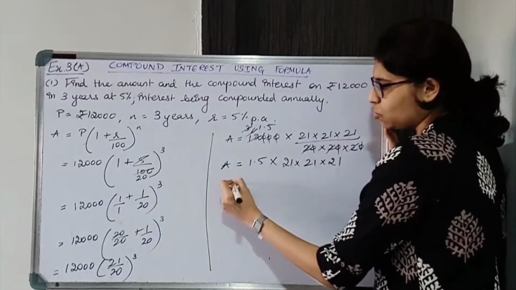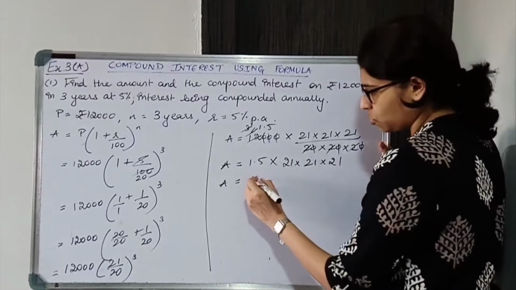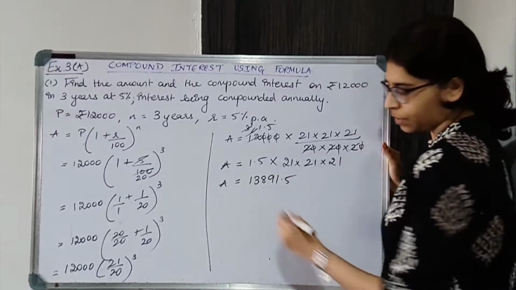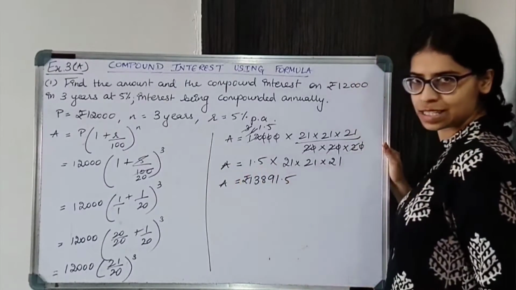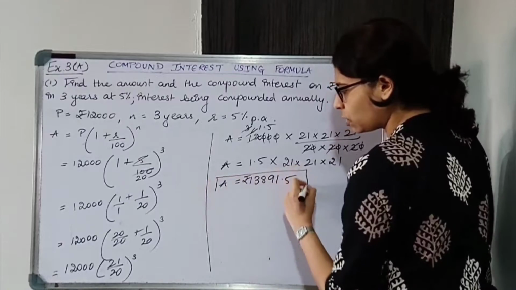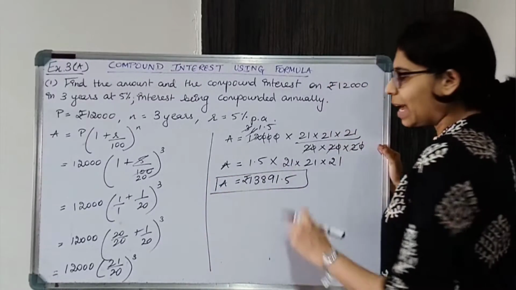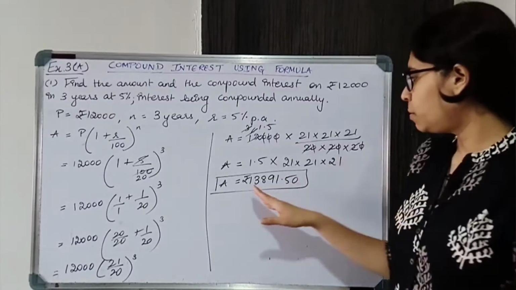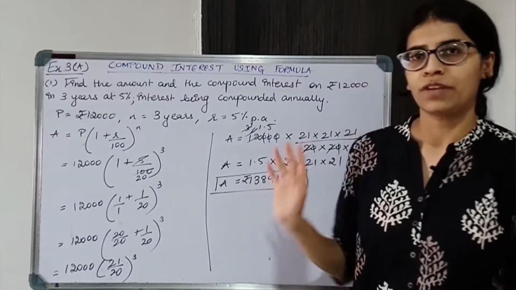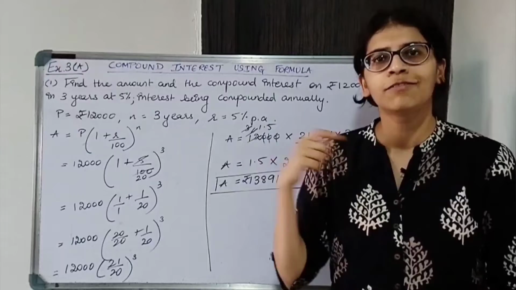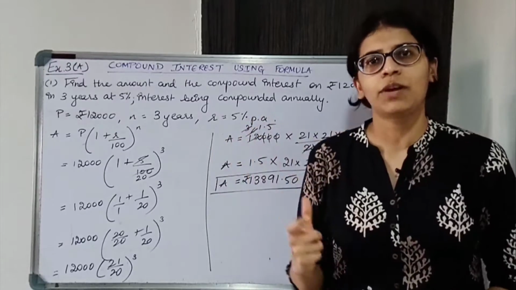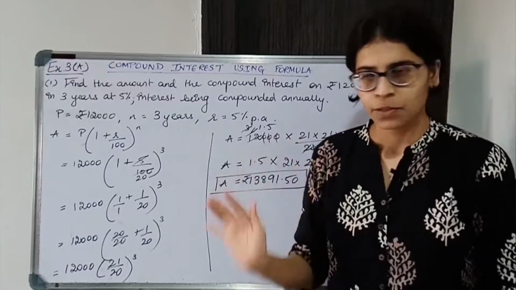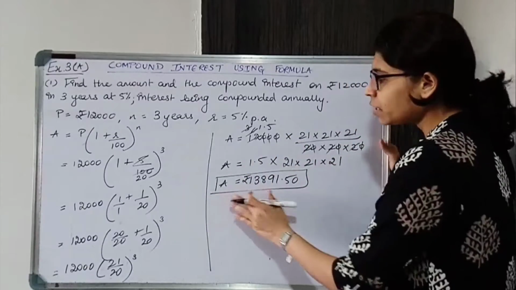Now it becomes easy, just multiply. Okay, so this will be 13891.5. All right, it is an amount in rupees, so it will be in rupees. Okay, now I have not put 0 over here. So you can put 0 over here. So it will be 13891.50. Whenever we write an amount, normally we add a 0 at the end after 50. But even if you don't add, mathematically your answer is very correct. All right. Now this is the amount.